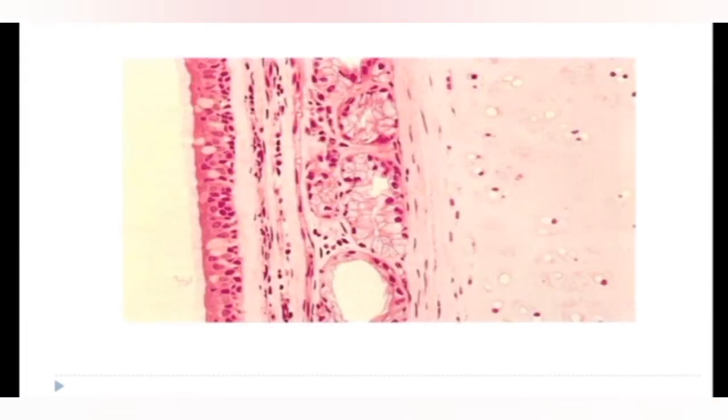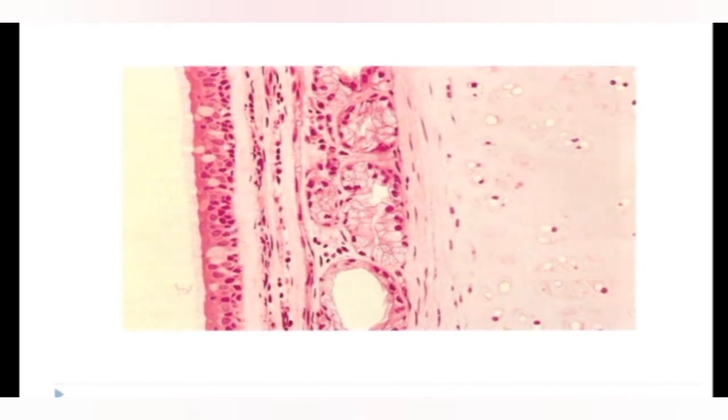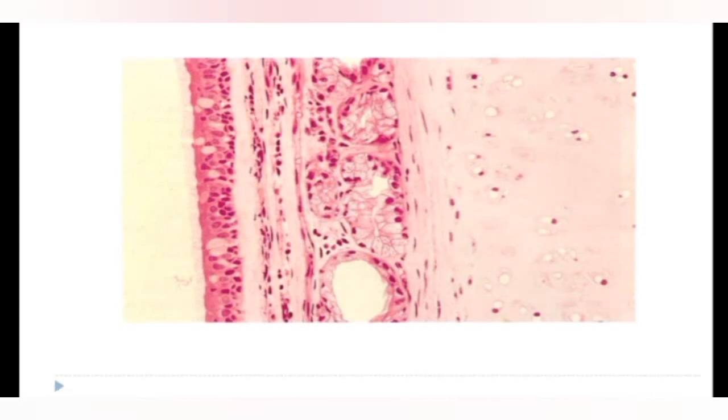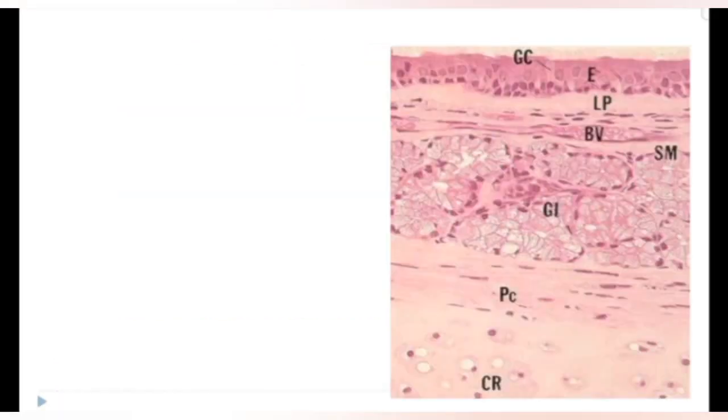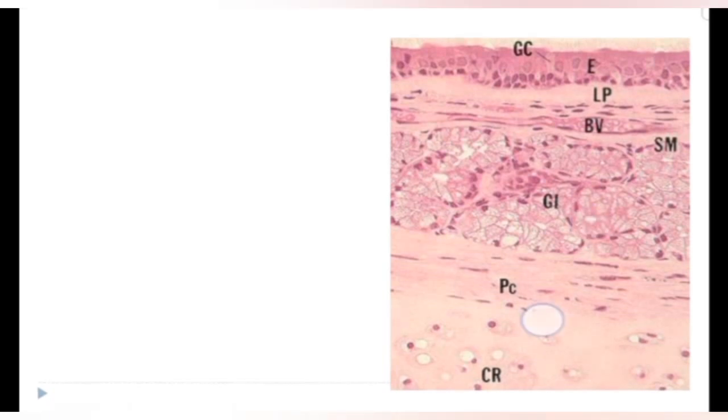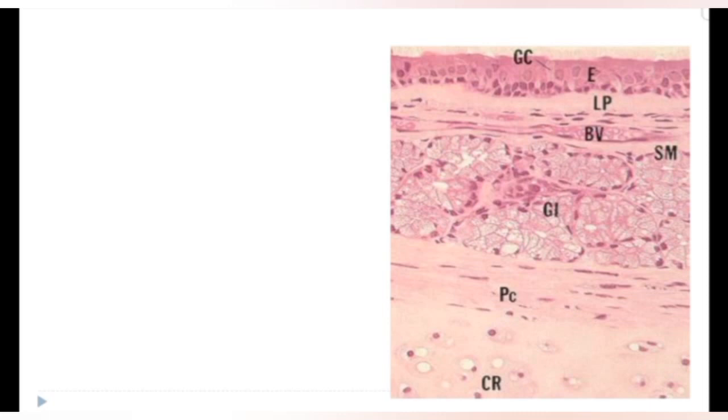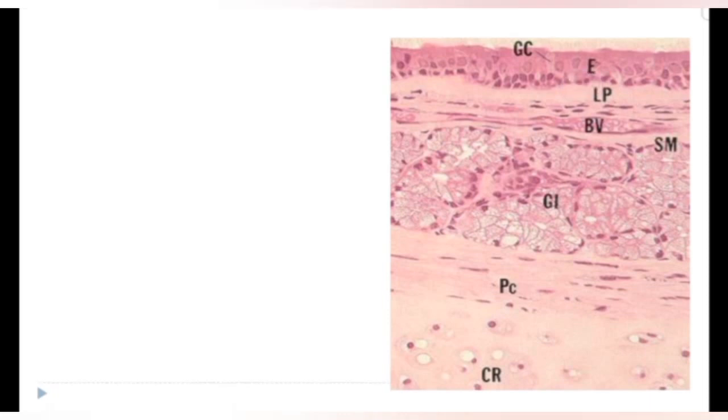So this is the diagram which shows the different layers of the trachea. The lumen of the trachea has the pseudostratified columnar ciliated epithelium lying over the lamina propria. Then comes the submucosa, and this is the adventitia. In this diagram, you can see from within outwards, the tracheal wall consists of the following four components: this mucosa, this is the submucosa and the cartilage, and then we have the adventitia. The mucosa is lined by pseudostratified columnar ciliated epithelium with goblet cells.